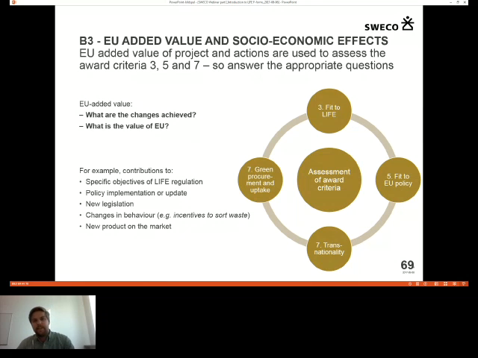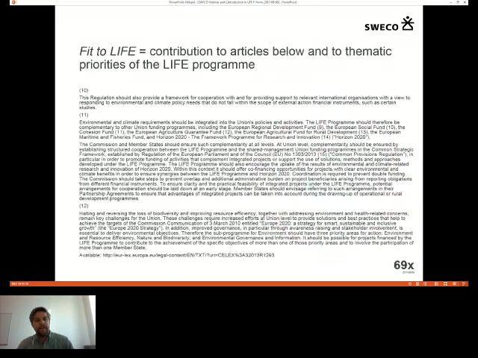So keep it quite general, but it's still important to underline. Here, actually on the next slide, 69X, you can see the different